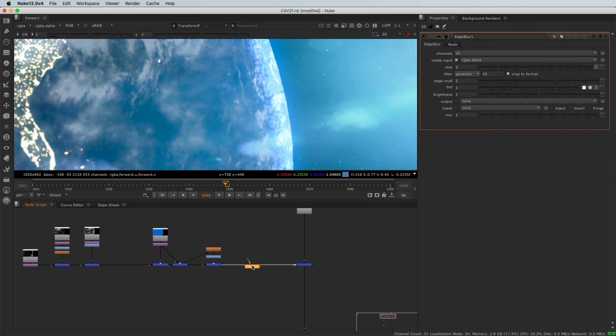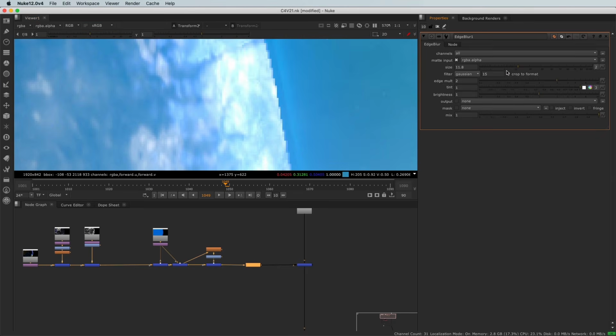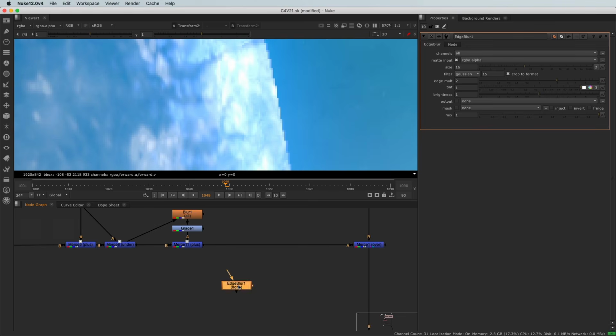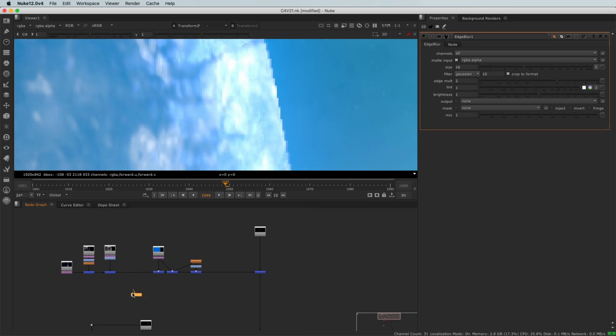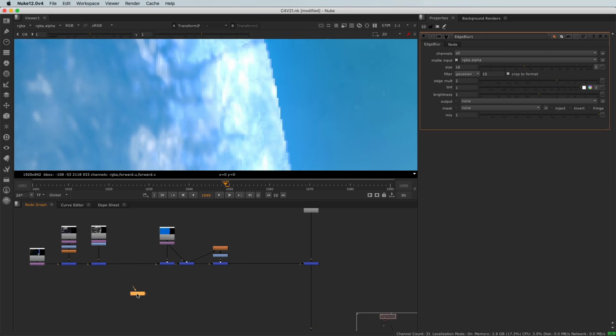I will put my edge blur here and now increase the size of it to see what's going on. And well, it doesn't seem to work well. I don't know what's going on. Actually, I know what's going on, but it doesn't work well here. Let's see why. Okay, I will unplug the edge blur for now. And now, why doesn't it work? Well,